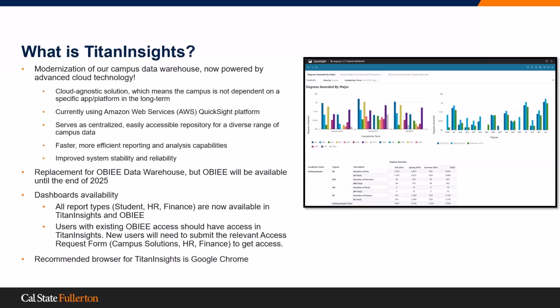The recommended browser for Titan Insights is Google Chrome. You'll find that with some of the other browsers, you can get to the reports, and for a lot of them, it works perfectly fine. But I found, especially with the finance reports, because with the detail reports in particular, there's a lot of columns, and you have to scroll to the right to be able to see all of the columns. And that scroll bar that allows you to scroll to the right sometimes doesn't pop up reliably in other browsers. So if you're looking at a detailed report and you're not able to see all of the columns, you want to double check that you're in Google Chrome, because we found that in Google Chrome, it reliably shows up and you're able to see all of the different columns that are there.